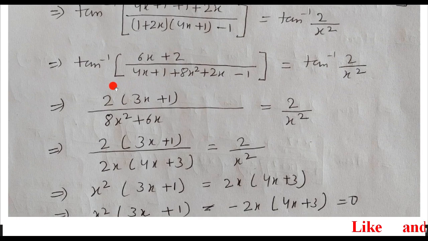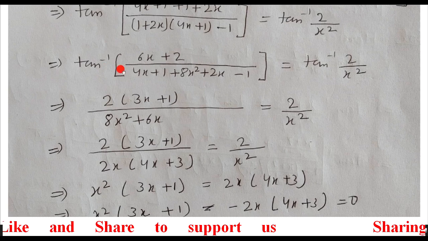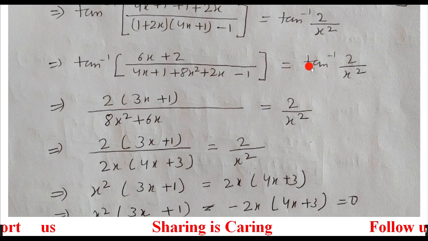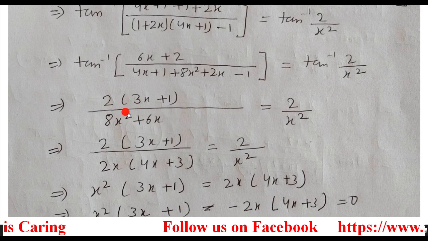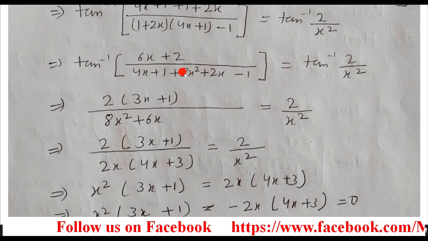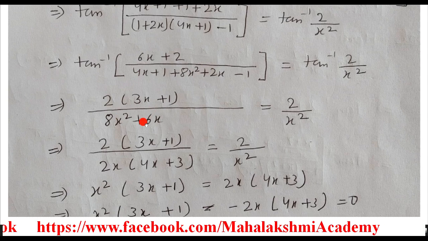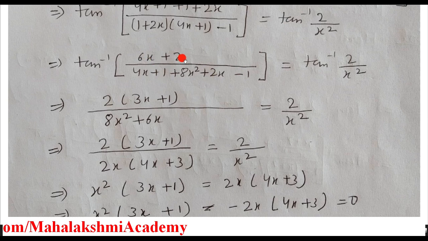Now here you just see, here also tan inverse and here also tan inverse. Remove tan inverse. You can remove tan inverse before two steps also, whichever you want. So I removed tan inverse. Now we are left with only the polynomials. Now these polynomials we have to solve. Down here, 8x square I kept as it is. This 4x and 2x will get added, so I got 6x. This 1 and 1 will remove each other because they have opposite signs. And here in the numerator I took 2 common, and here 2 upon x square I kept as it is.